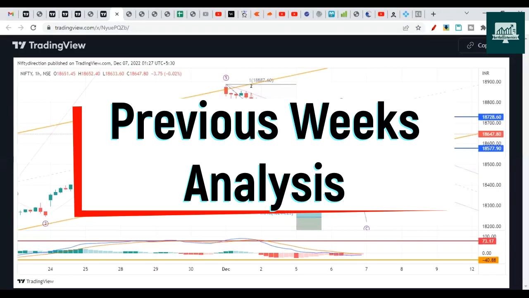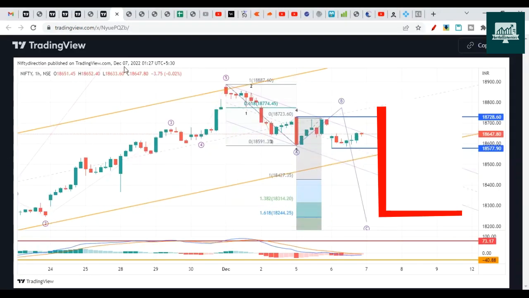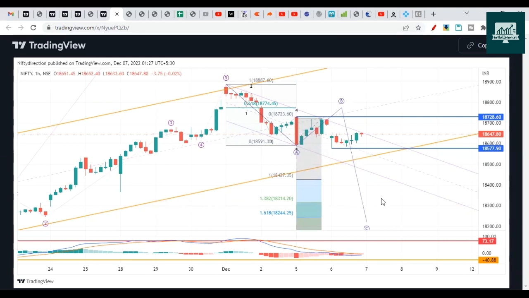So before last week, on 7th December, this was our analysis that we will be moving like this. So the first identification of the fall was around 7th December. After that, we expected a drop on the Nifty. So this level of 18,300 to 244, it has almost come here, but the structure has changed and it is looking more bearish now. We'll talk about that.